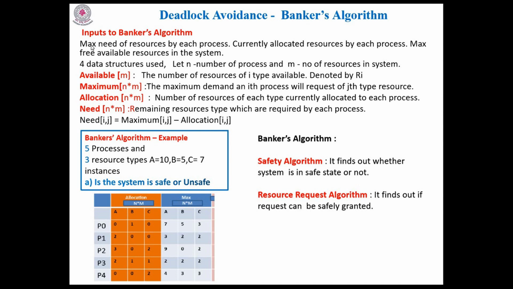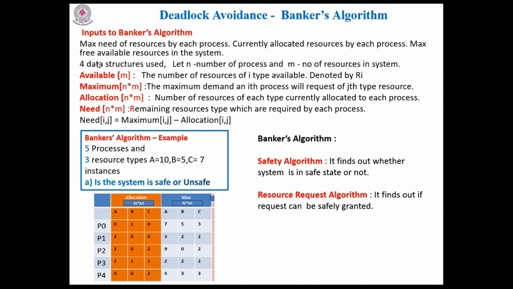Let us take a little example of the banking system. As a customer, I am submitting an application with maximum need. What is that maximum need? It is 1000 rupees, for example. And the banker might allocate 500 rupees. In the bank, actually 1200 is available. Once they allocate 500 for me, then how much is the maximum free available? 700 rupees. So this is an easy method to remember.